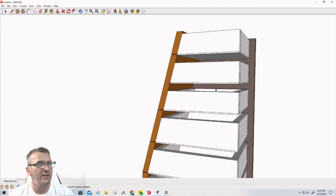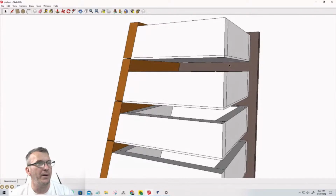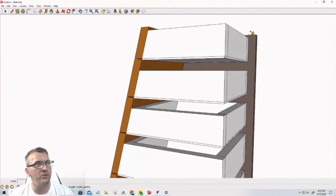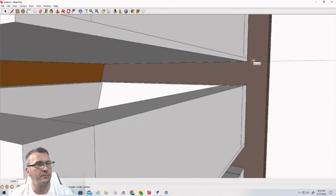Okay. So let's get back here real quick, and then we'll get into Vectric. But we're going to take our tape measure tool, and when we use the tape measure tool, it creates guidelines, and I'm going to snap it down to the bottom of this drawer here. And then I'm going to come down, and I'm just going to use 1/2 inch material. And since I'm going to use plywood for this,